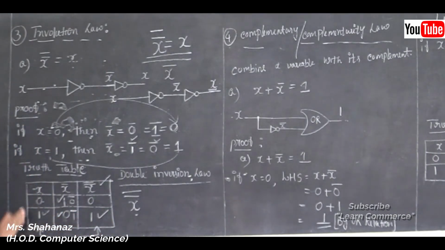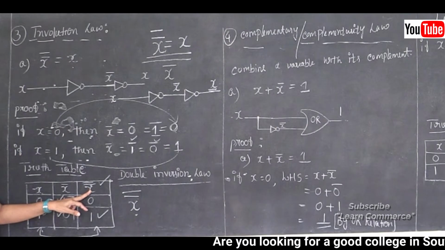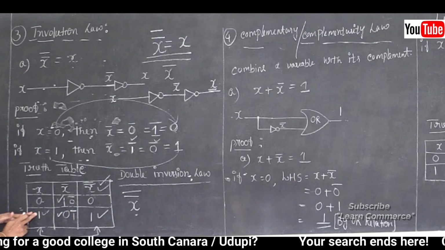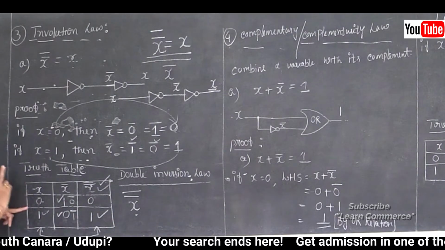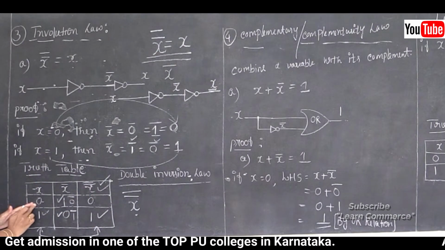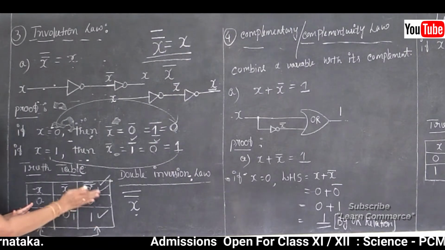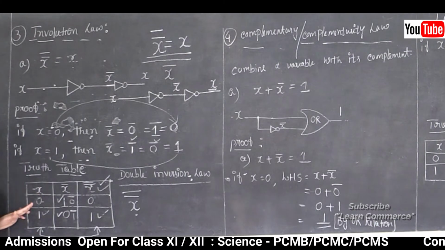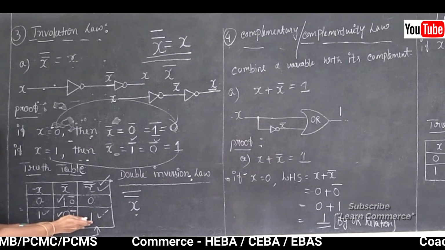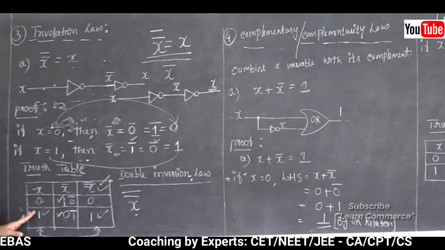So in the last manner, we can say that the variable complemented twice, our third column, is the same as the first column, correct? Which is the same as our x column values. The first column contains the values 0 and 1, and the third column also has 0 and 1. So the third column is just the same as our first column, which is the x column. Hence it is proved.